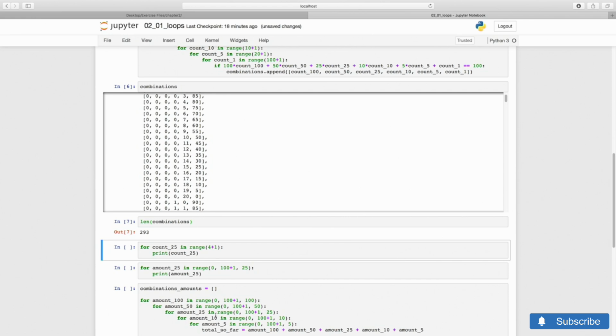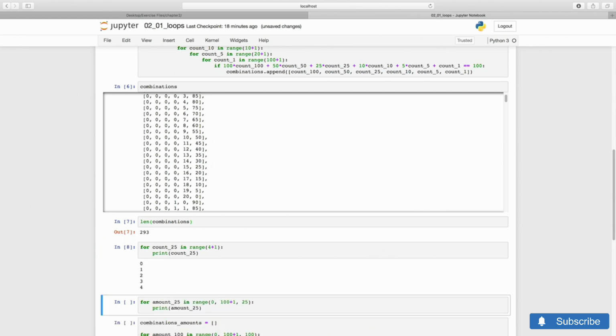Before we do so, we make a couple of changes to our code to make it faster and to make it easier to generalize. This is an example of refactoring. The first change is that we will not loop by count, but by value, using a step argument of the range. For instance, instead of looping over quarters with count 25 between 0 and 4, we will loop over the amount, from 0 to 100 in steps of 25.